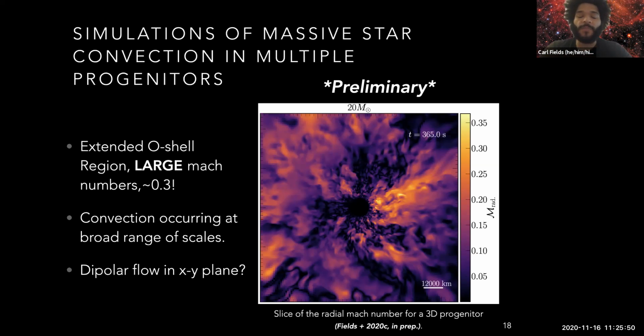And so in the middle there, we have the very low convective activity iron core, a thin silicon shell on top of that, and then these very large asymmetric flows that are also occurring at a wide range of physical scales in this model. So this is a model that we're currently running and that we're excited about. We're trying to quantify things like different energy transport and so on inside the model.